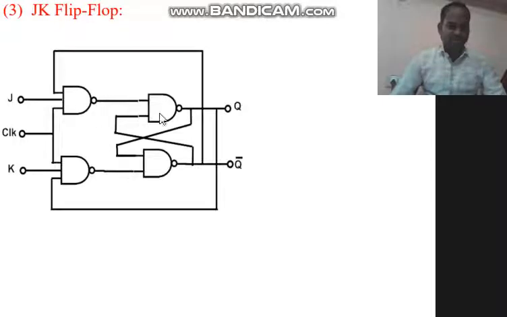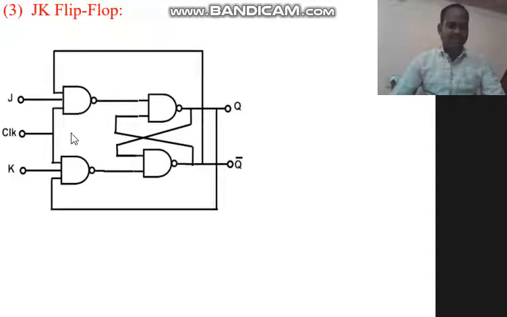So in this diagram, this is a 3 input NAND gate. The third input is connected to Q bar. Here the third input is connected to Q. This is the extra line between the SR and JK flip-flop. If you remove these two lines, the remaining diagram is the same as the SR flip-flop. If we connect these two lines, this SR flip-flop can be converted into a JK flip-flop.